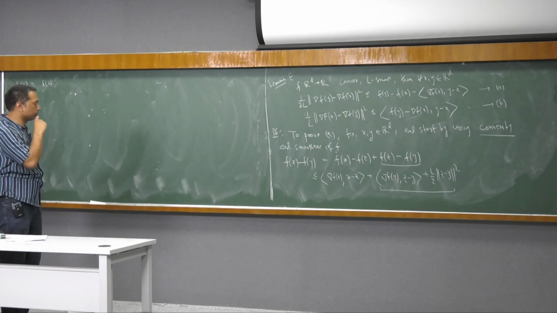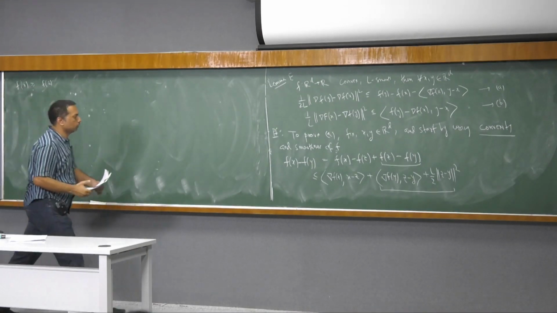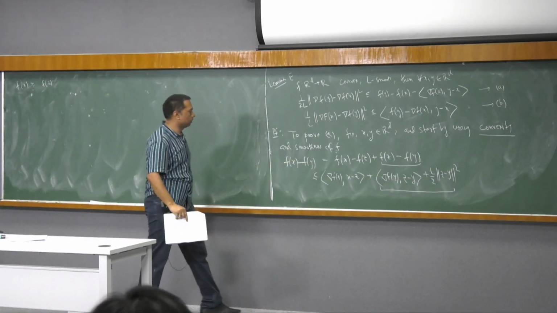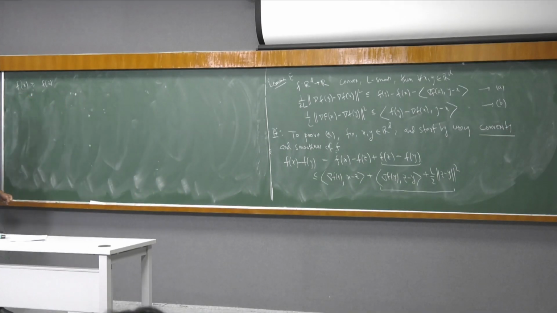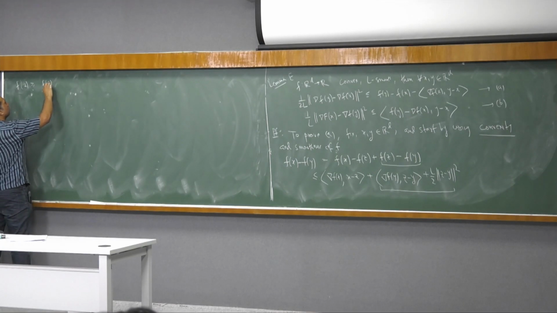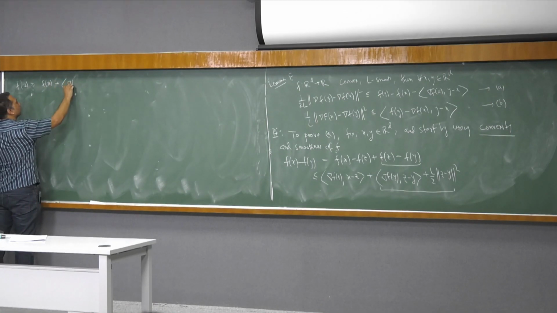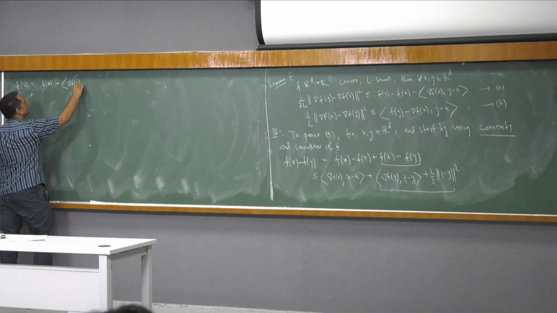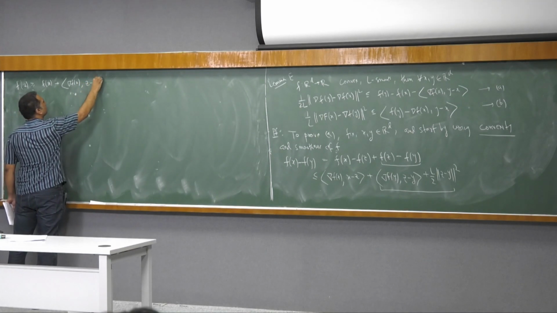No, because in the inner product I see x, right? If in the inner product I see x, then it must be starting with z. Because remember, the grad is computed on the same variable as this term, right? So this will be f(x) plus grad f(x) times (z minus x),